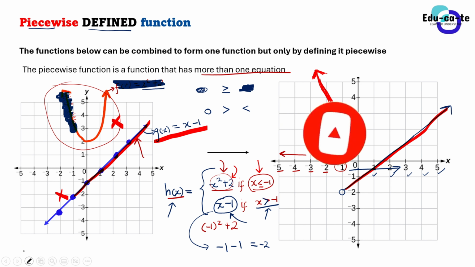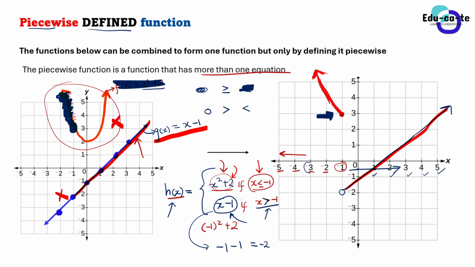We shouldn't expect to find, let's say, if they ask what is y when x is -3? It means you are going to use the graph of a parabola, because you know that -3 is less than -1. So you use the first equation for the parabola to find the y value. We do not expect you to use the second equation, because you do not define that straight line given by the second equation as long as you are using x values that are less than -1.